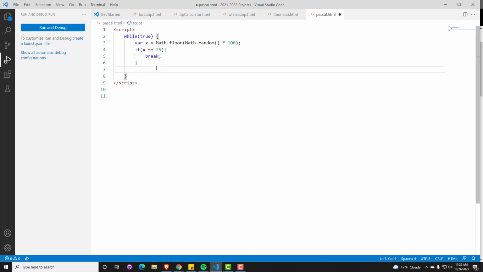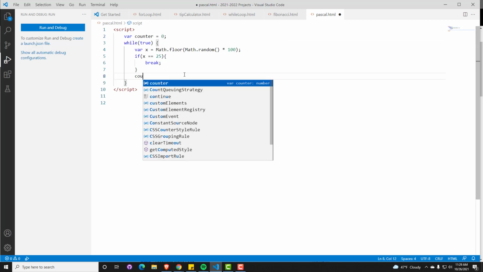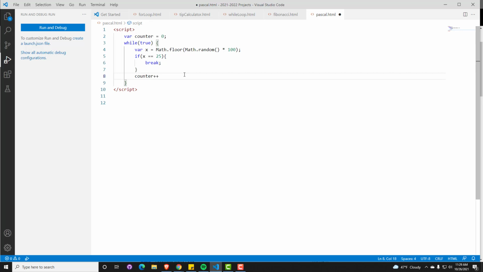And if we wanted to do additional things down here, let's go ahead and create a counter. So let me come up here and say counter equals 0. Oops, I need var counter equals 0. And then let's say that each time it runs I want to do counter plus plus, so that I see how many times it takes to get 25. So this is going to keep running through that loop over and over again, running this, checking to see if it's 25. If it's not, it comes back up here. Once it is, it'll break and jump out of this, and we can say alert,